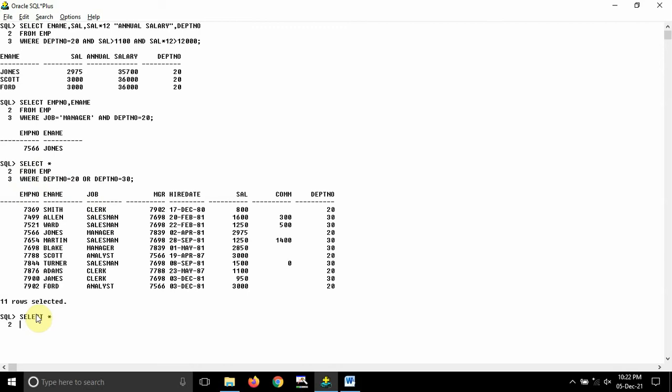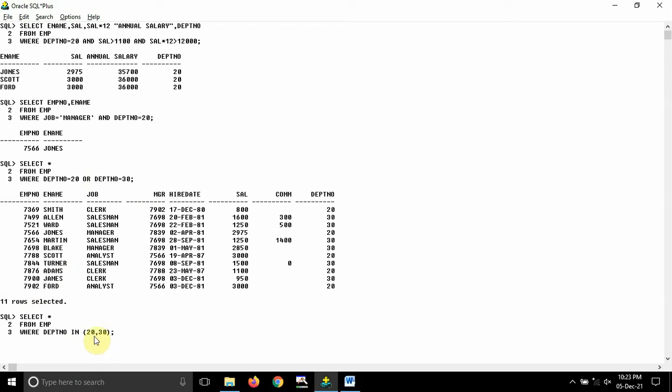SELECT star FROM EMP WHERE DEPT number, I will use the IN operator here. In brackets I can mention the department numbers 20, 30.